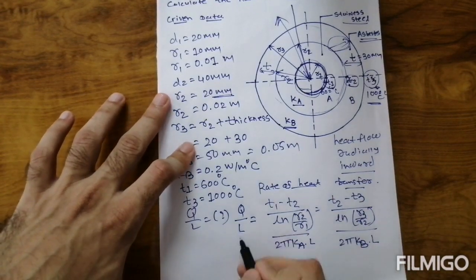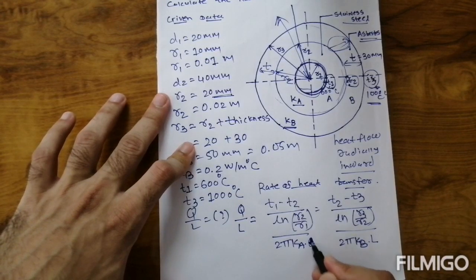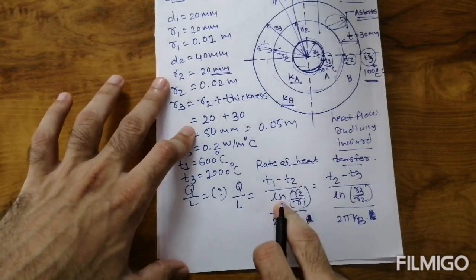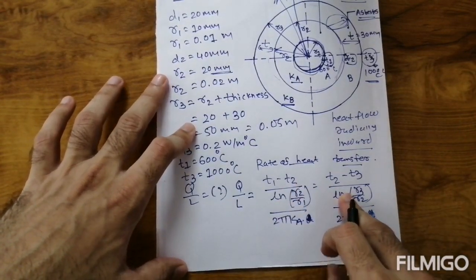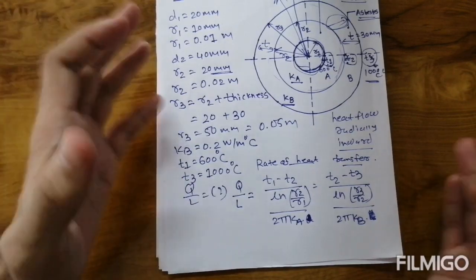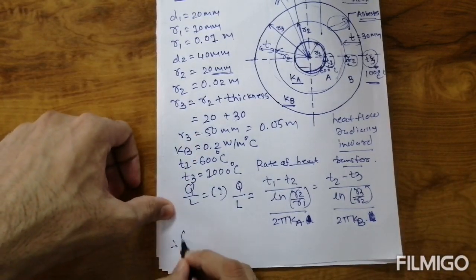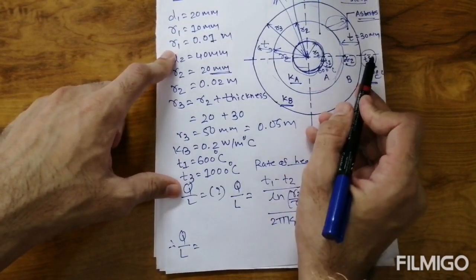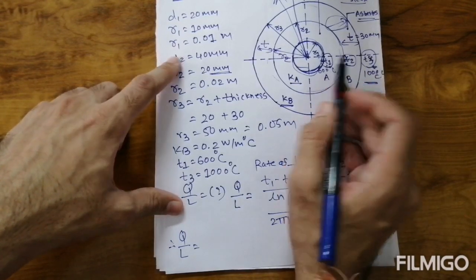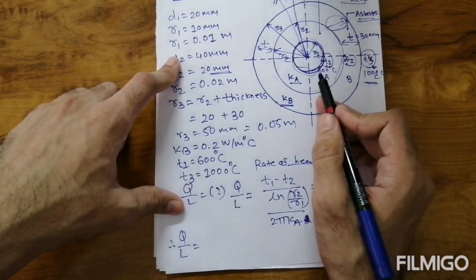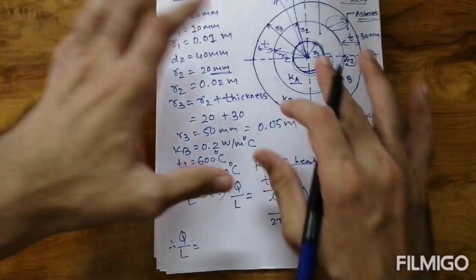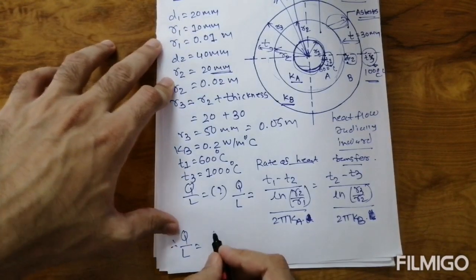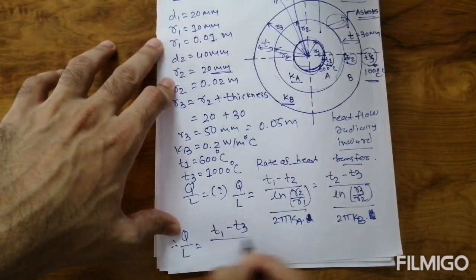Now, as I already mentioned, Q by L, so L is taken outside. So the first layer, stainless steel, is over, then asbestos is over. Now the composite will be considered. What will be our composite equation? Composite Q by L is equal to, composite means heat transfer takes place directly from T1 to T3. Okay, T1 to T3, but heat is transferred from outside to inside. But according to the equation we derived, we go in the same direction, T1 to T3. So it will be T1 minus T3.